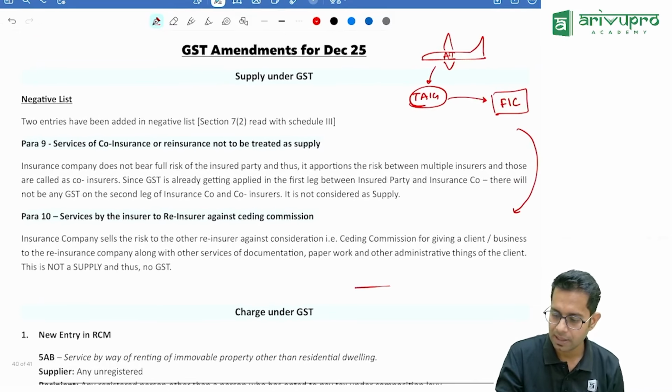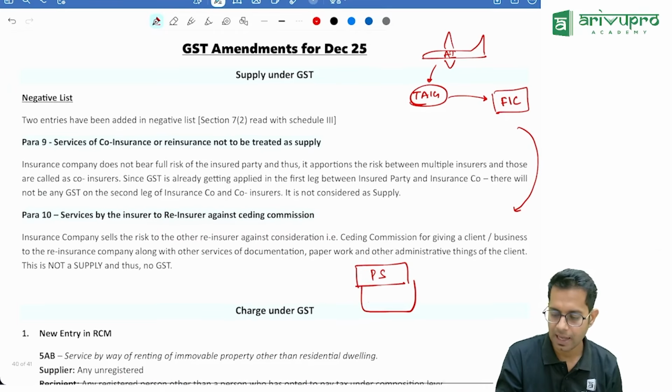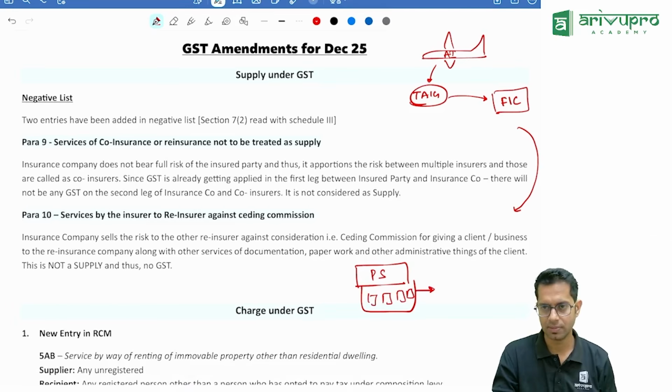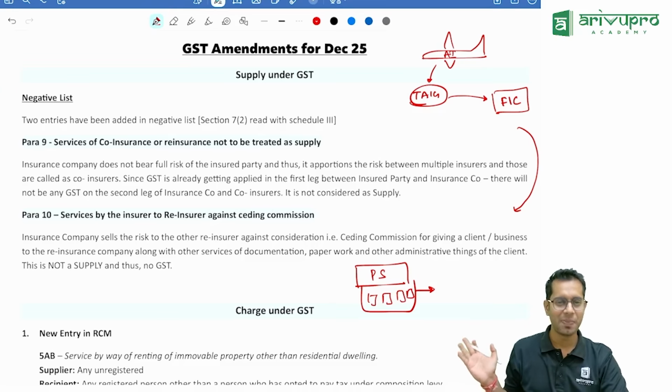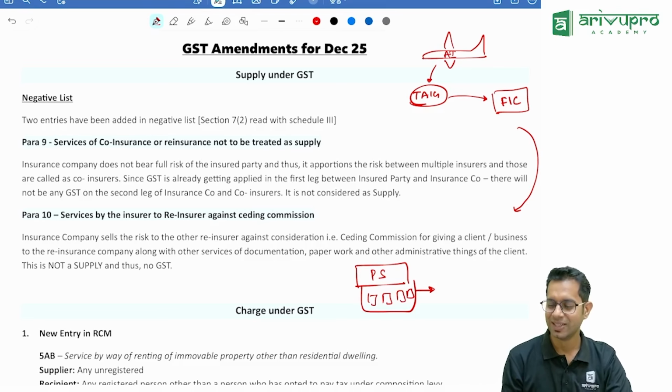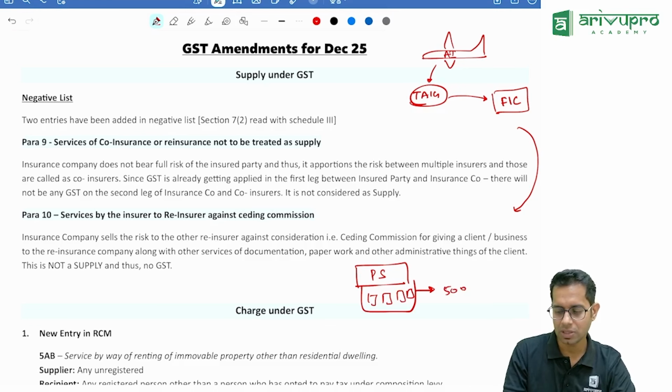Sometimes what happens is, let us say Priya Sarees. I'll take that example. Priya Sarees, I have stock. Now my stock is huge. You know the turnover of Priya Sarees? It is 500 crores per day. So I'll have huge stocks. Per day 500 crores means I should have good stocks also. Correct? So on an average, I will be having stock of around 50,000 crores.